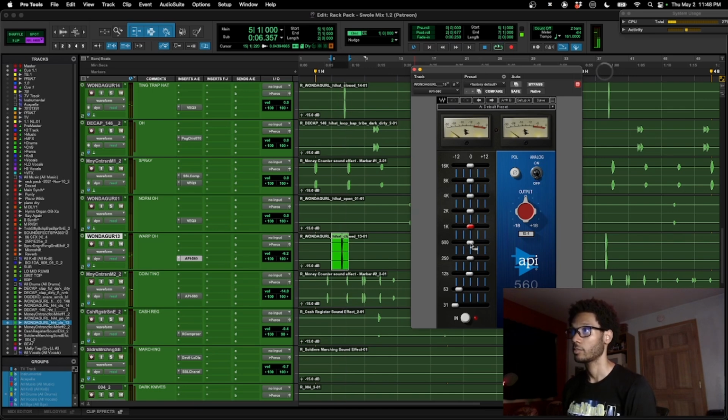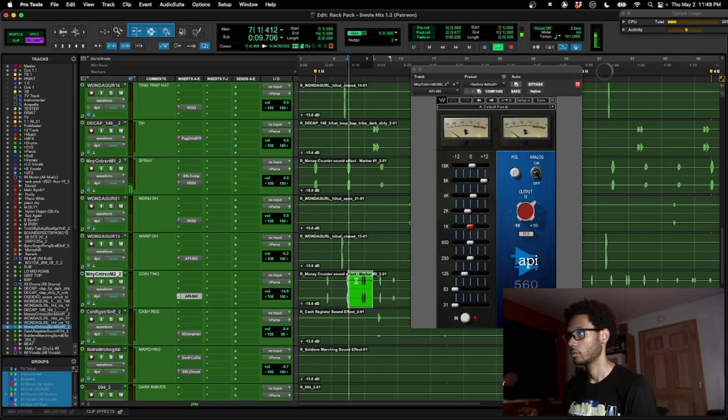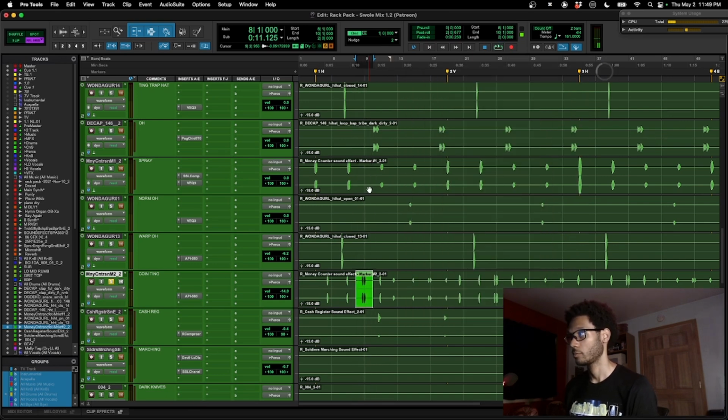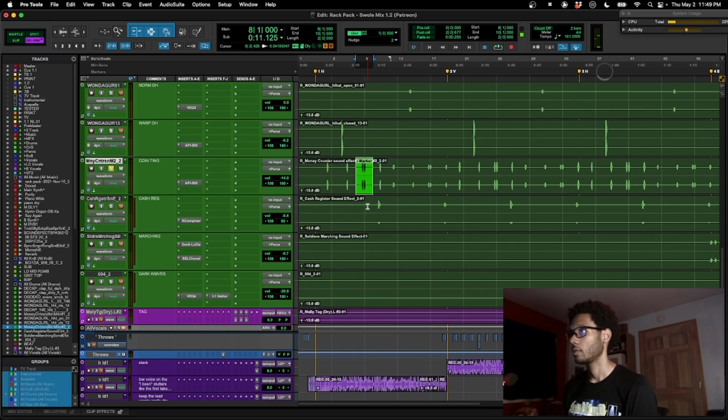Really just using this to relax some low end. It looks like same here and some extra. Yeah, just using that to relax some low end and boosting a little AK, bringing that out a little more. Let's see what that sounded like before. Yeah, just waking that thing up right there. And then we got